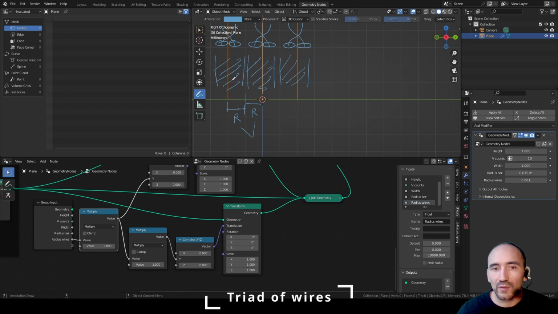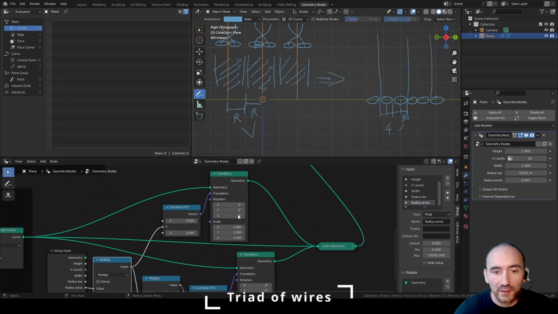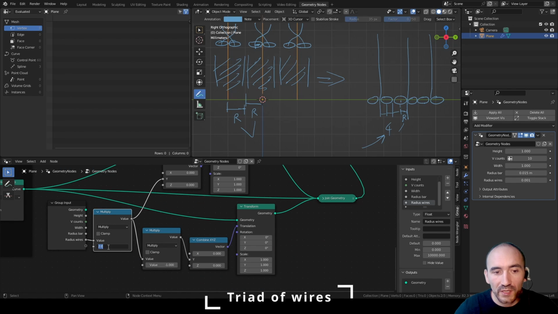So we have to keep in mind that we need this radius and not the entire radius. So we need to think in this way: line, line, line. We have the radius of the wire, the single wire. Okay, this is the radius of the single wire. 1, 2, 3, 4 times for the transform node here and here. So here we need to multiply this new meaning of radius wires by 4, and then we will need to